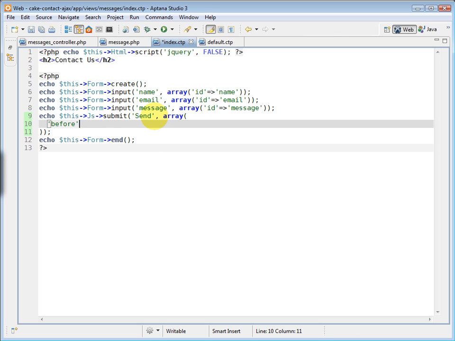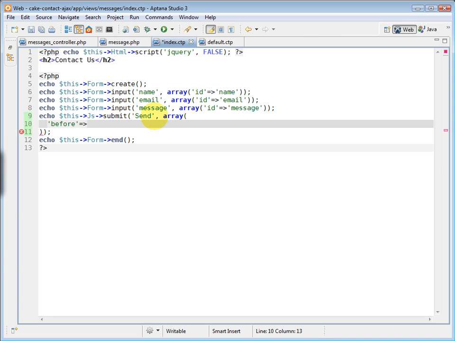The first one is called before, and this is what you want to happen before the request is completed or while it's going on. When someone clicks the submit button, there may be a pause as the submission is happening. So we want to give them some visual feedback that something is going on. And we can do that using the before key part of this array of options. We'll display some text saying sending, so that they know something is happening. So we can use the JS helper to fade in that text, because we don't want the sending text to just be there when it's not actually sending. We only want it to show up when they click the button,